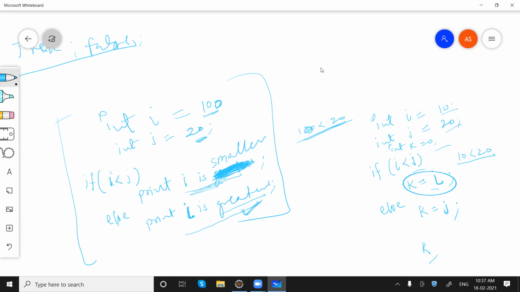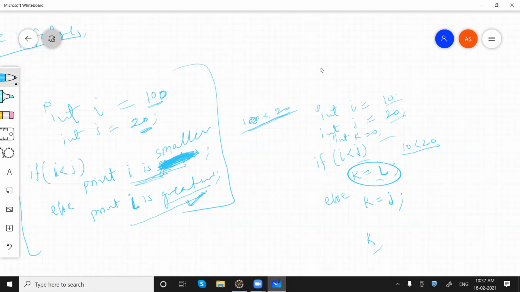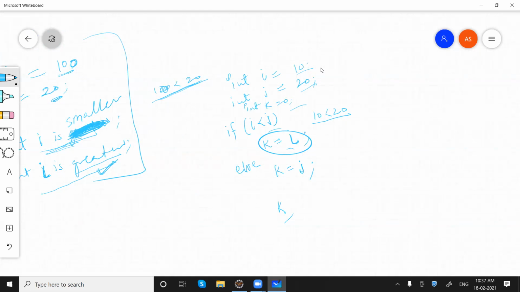All right. This is the reason this statement can be written something like this: k equals i less than j, question mark, i.